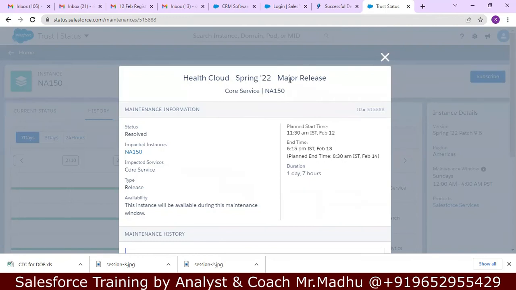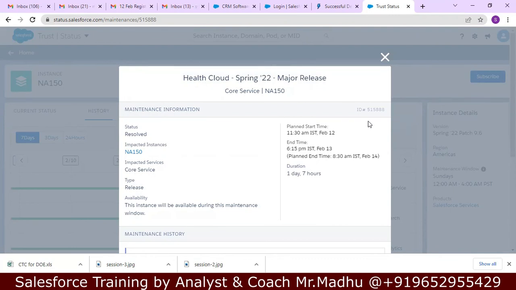This is the major release. This is the spring release. We will see these release names in tomorrow's session. This is the major release for spring 22 from 11:30 to 6:15. For 1 day, 7 hours, this instance is not available because maintenance is going on.